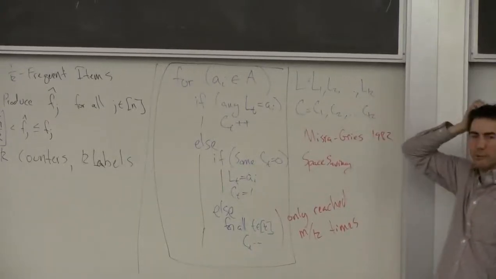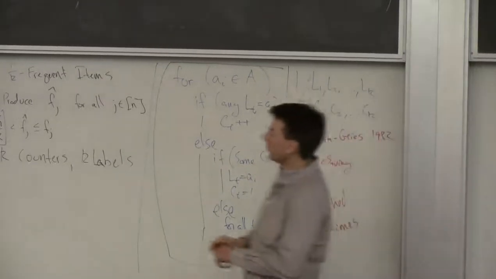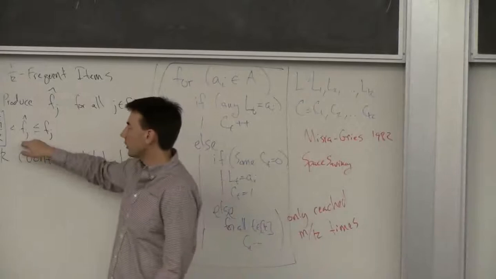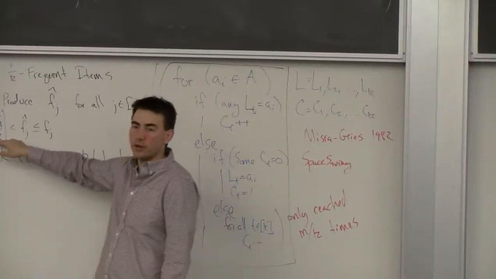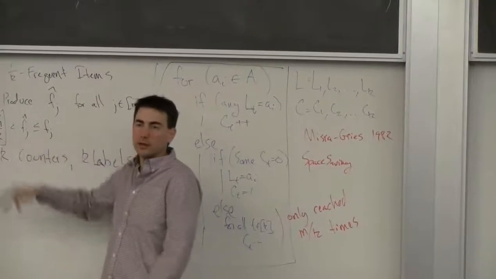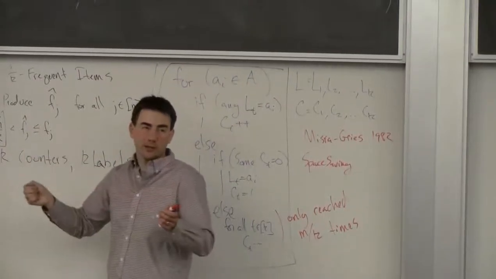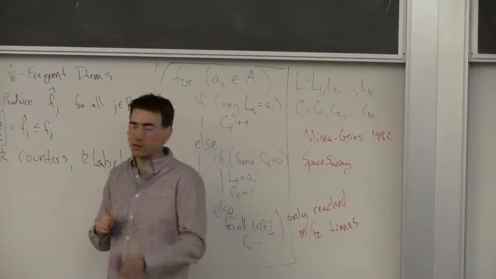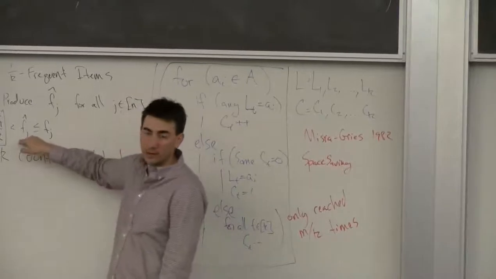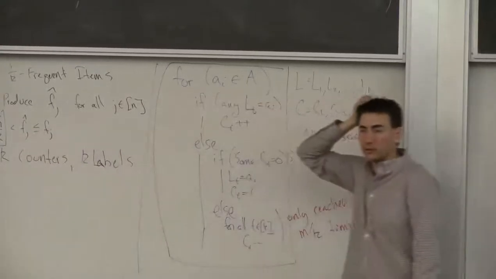So keep this argument in mind. This is solving the frequent items problem. What this says is, if I use k counters, every item which occurs much more than m over k, say 1% of the time, if it occurs 8% of the time, then I know it up to 1%. My guess of it is never less than 7% of the time. So any really frequent item I can find using this algorithm with a small number of counters.